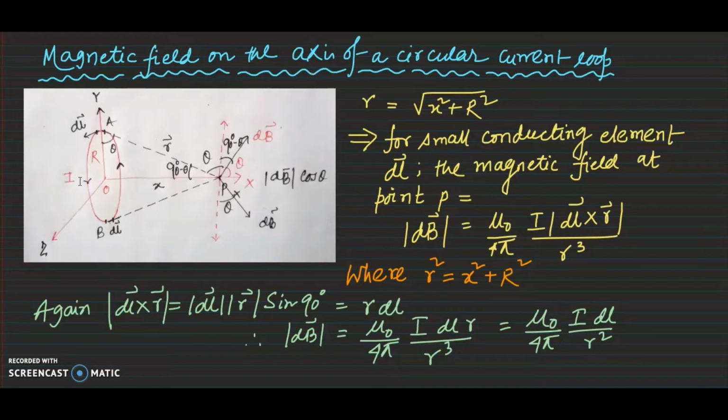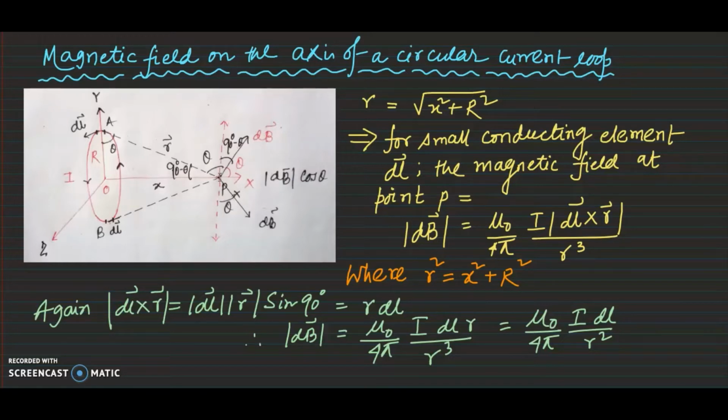You can see from this figure, this is one circular loop and the loop is carrying a current I. This is the direction of the current and the radius of the loop is capital R. We can see that the loop is in the YZ plane. So these are the three perpendicular axes, X, Y and Z. The loop is in the YZ plane and the X axis passes perpendicularly through the loop. The center of the loop is capital O and we are trying to find the magnetic field at any point on the axis of the loop, that is along the x-axis.